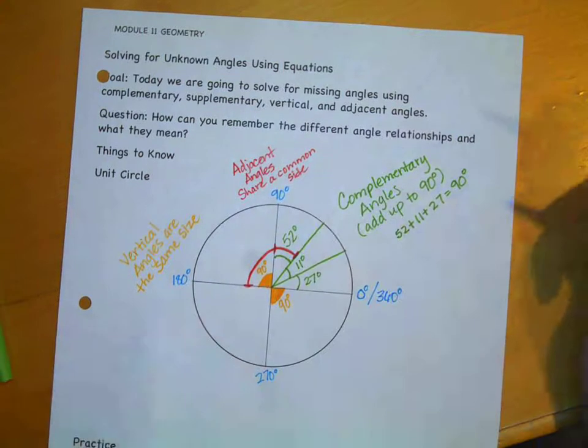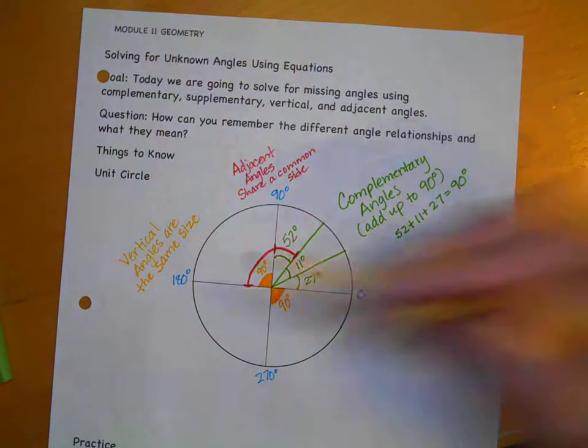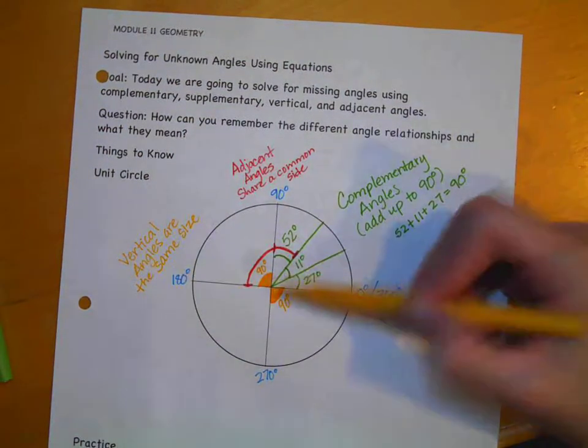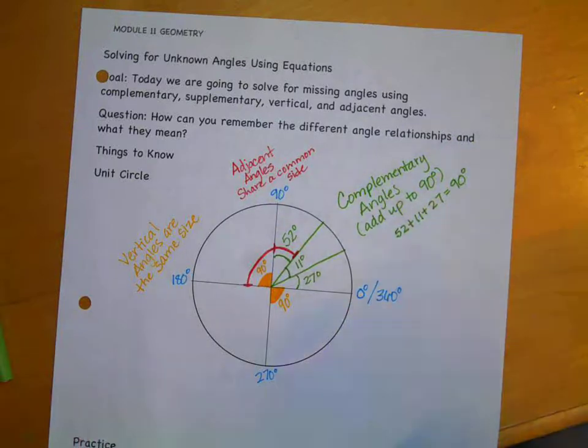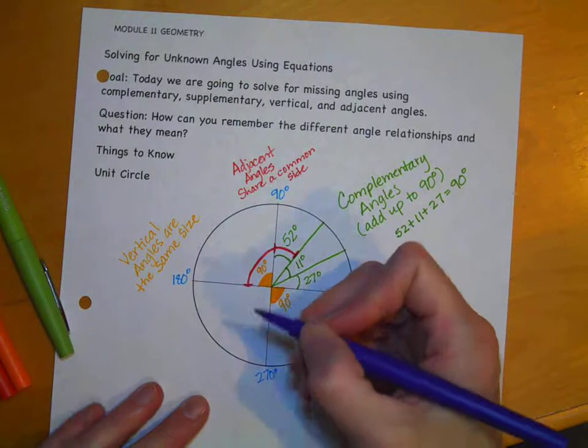So we know this is 90 degrees over here. Okay? So that's kind of interesting to remember. So vertical angles are opposite of each other. Adjacent angles share a common side, and complementary angles all add up to 90. Okay? All right, so then the next one that I want you to take a look at is if I was to draw a line, let's say here, okay, and I'm going to tell you that